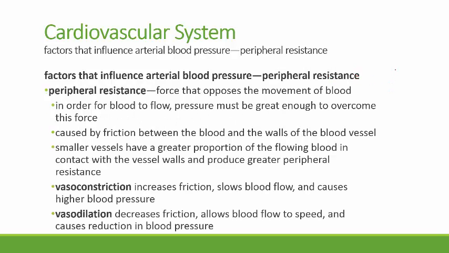Here's a new factor. It's called peripheral resistance. And that's the forces that oppose the movement of blood through the blood vessels. So in order for blood to flow forward, it's got to flow with sufficient pressure that we overcome the forces that are trying to slow the blood down out there in the peripheral tissues. And peripheral resistance is caused by friction between the blood flowing through a blood vessel